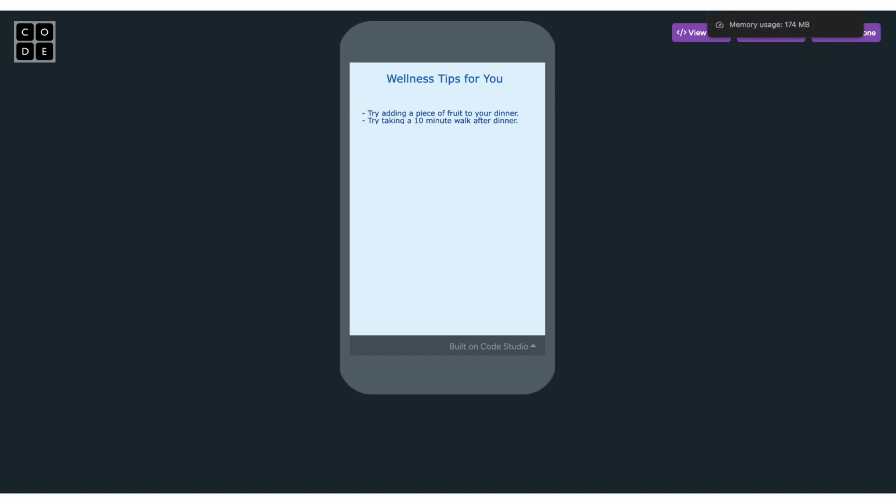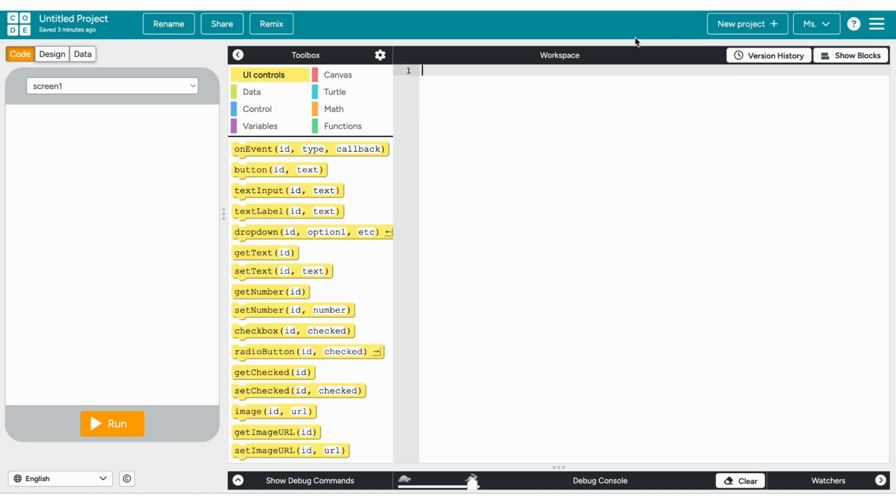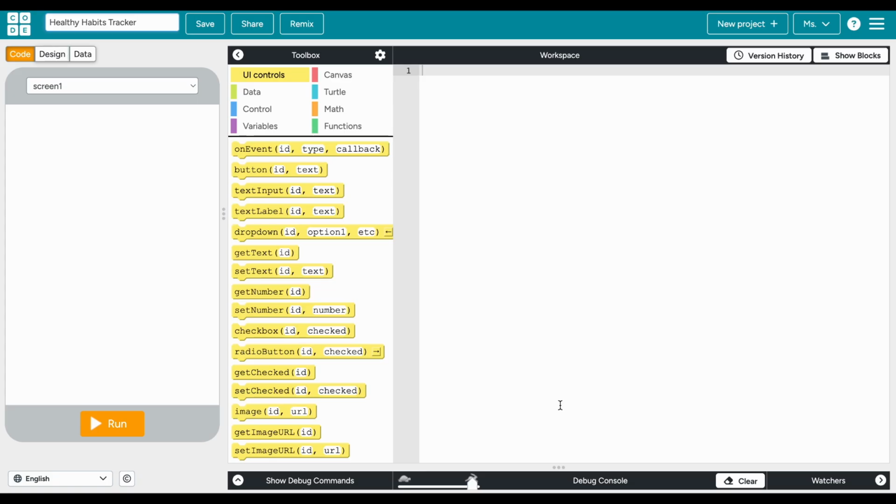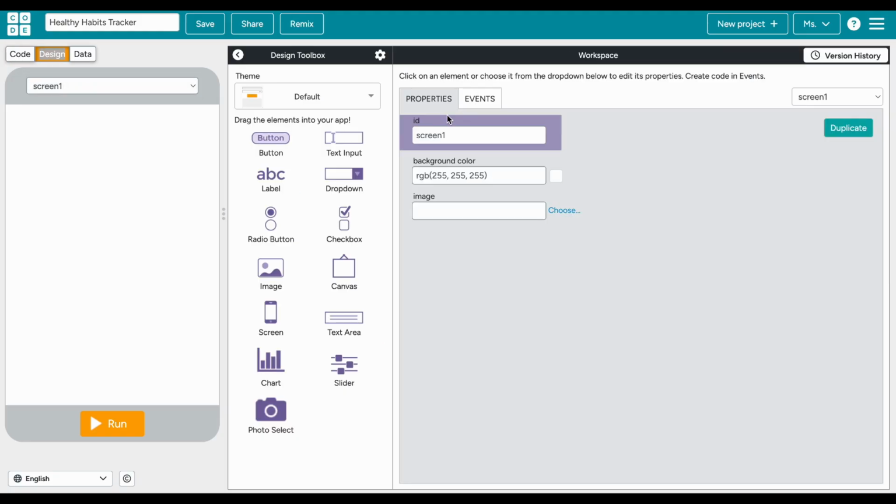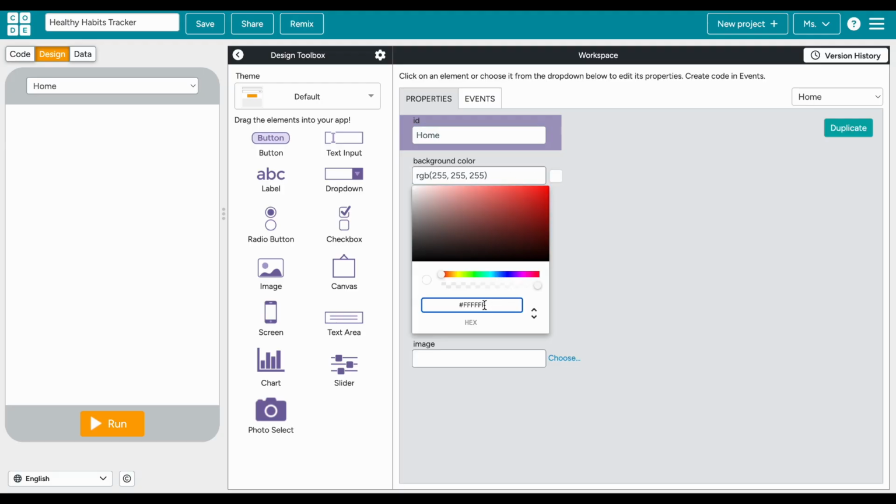Open a new untitled project in code.org's App Lab. Then let's rename our project to be named Healthy Habits Tracker. Now let's go into screen 1 and then click the design option and let's rename it to be home. Next, let's set the background color to be this following hex code: